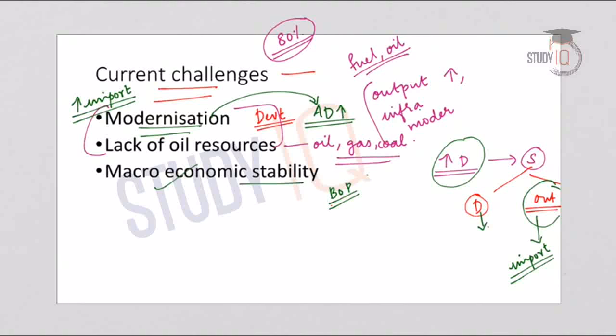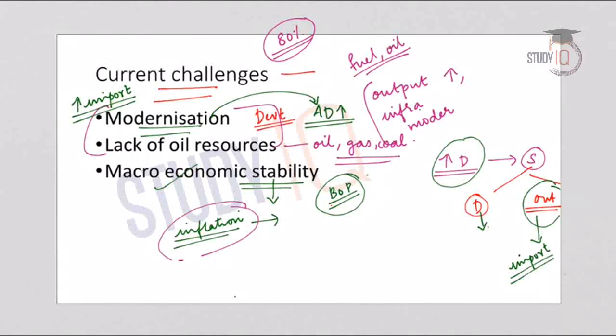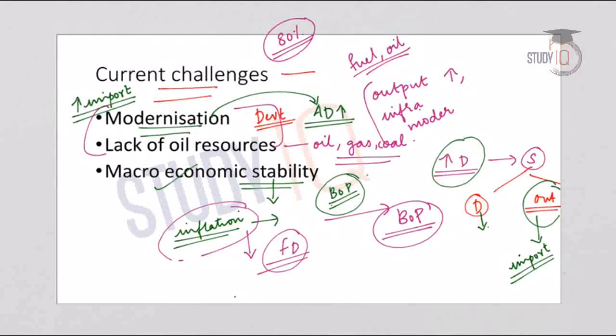So the macroeconomic stability would be hampered and also the balance of payments would be in crisis. For example, a spike in the price of oil will increase the inflation levels as we discussed in the beginning. Inflation is a major macroeconomic parameter that determines whether we have a stable economy or not. So it will definitely pose a challenge on inflation, and this will have an impact on fiscal deficit. It will also have an impact on balance of payments. So we can say that macroeconomic stability would be in crisis, or the economy will move towards an economic crisis in case of a rising dependency or an over dependency on imports for our oil and fuel requirements.